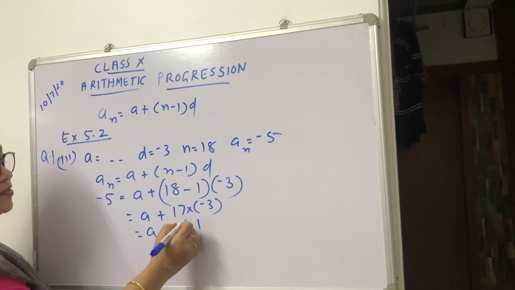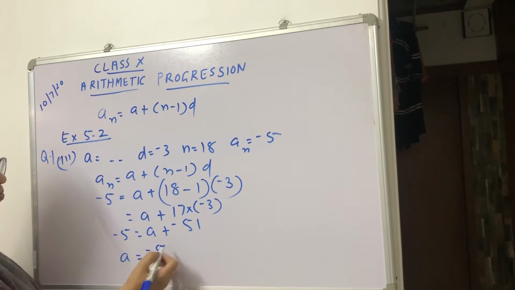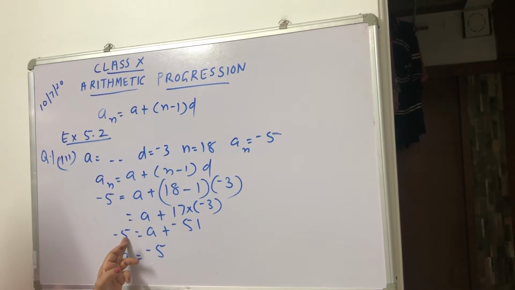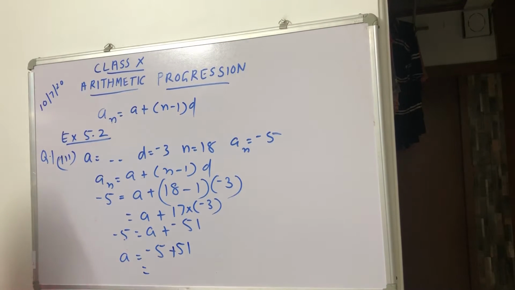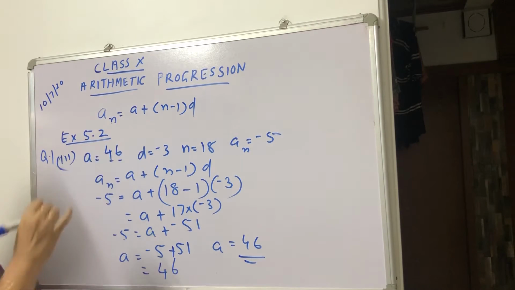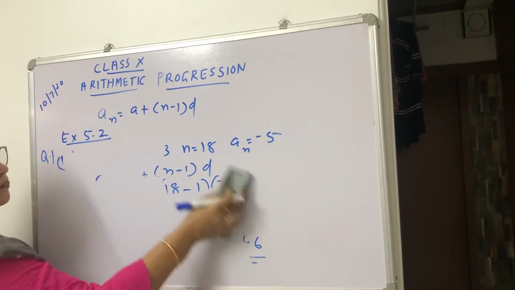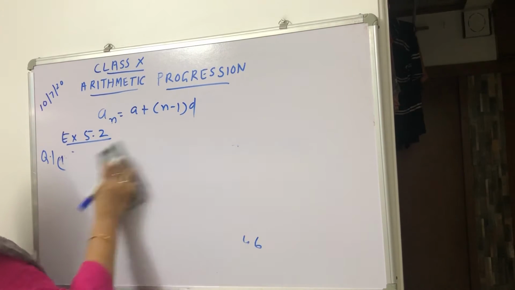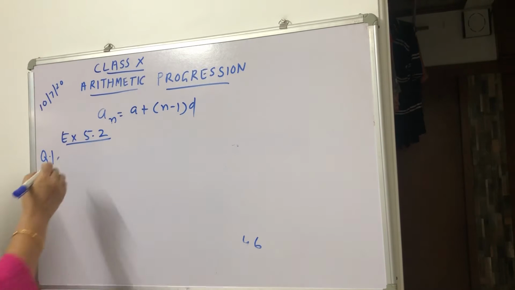a plus minus 51 is minus 5. Taking this minus 51 to this side, it's plus 51. So this one is 46. So a is equal to 46. Here you can fill in the value of a as 46. Now the fourth one,